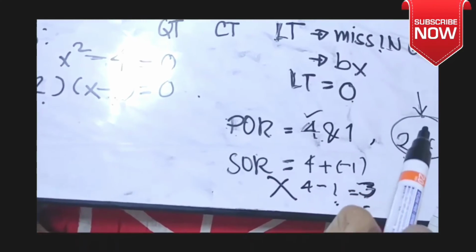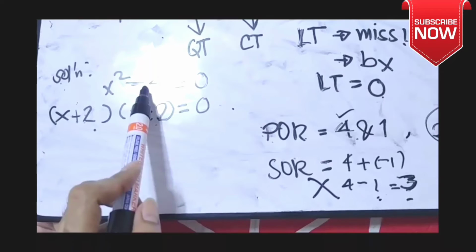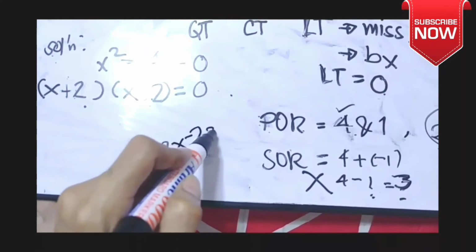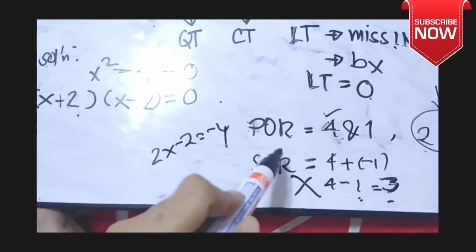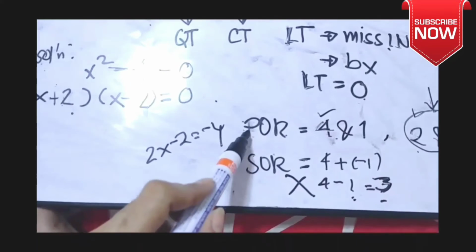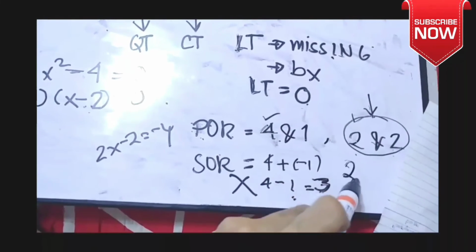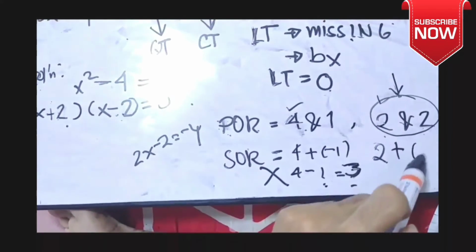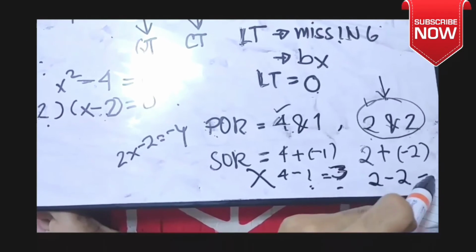Pag minultiply ba natin ang 2 and negative 2, ang sagot ba ay negative 4? Yes. 2 times negative 2, that's negative 4. Okay. So, check siya sa POR, o product of the roots. Check naman natin yung sum of the roots. 2 plus negative 2, or simply 2 minus 2 equals